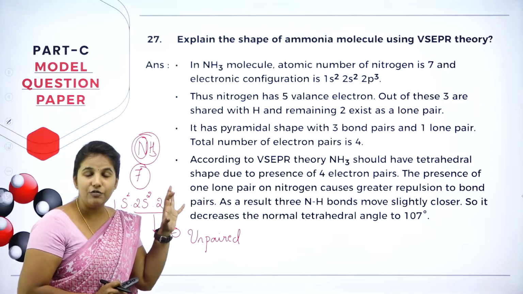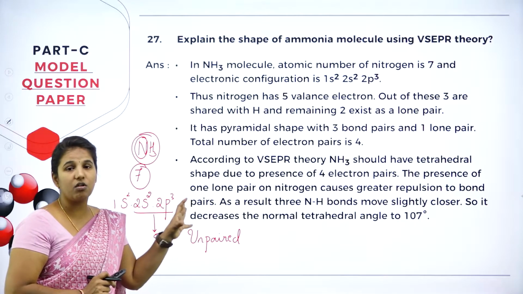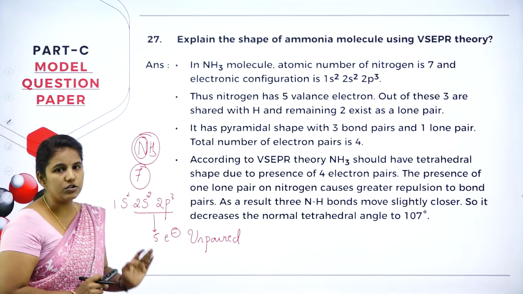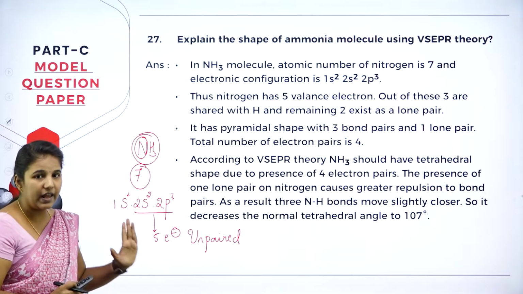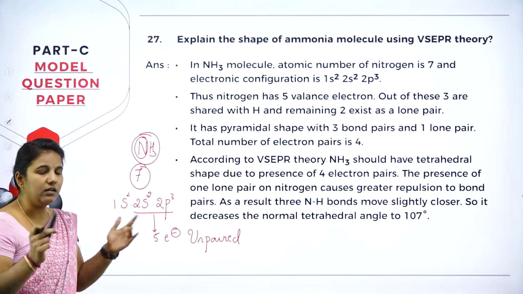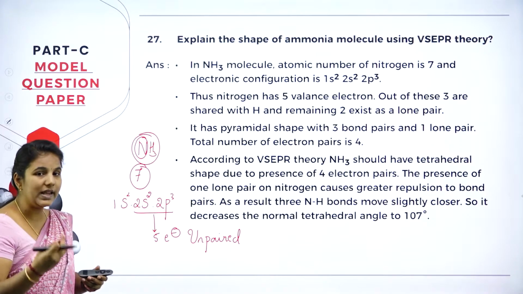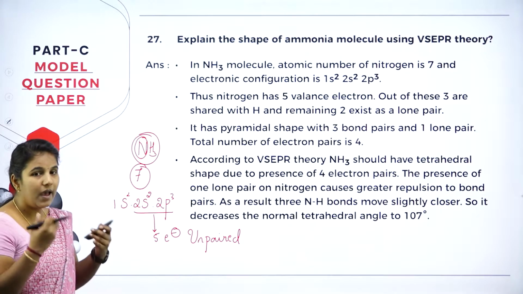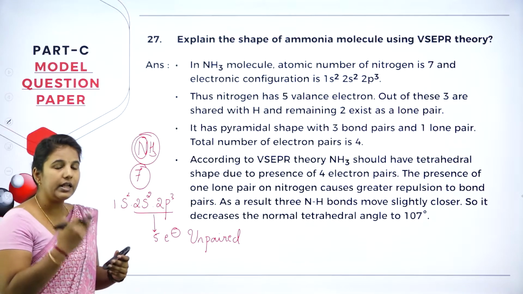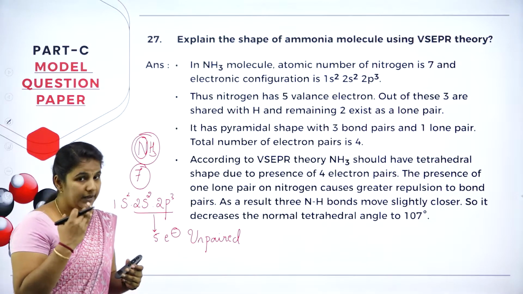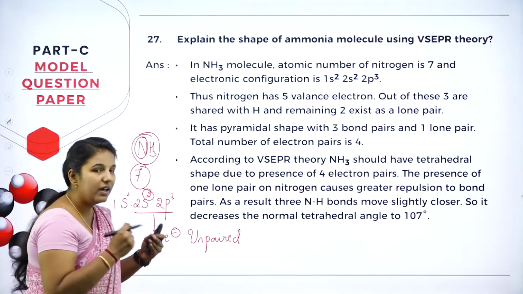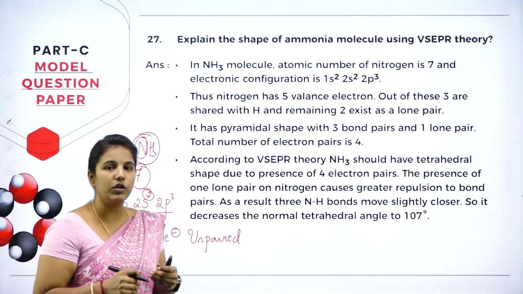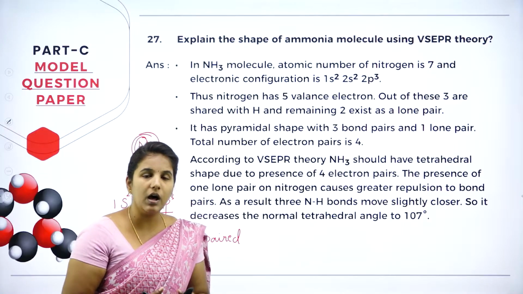So all 5 valence electrons are available. Three of them can easily pair up with 3 hydrogen atoms and form 3 bond pairs. But the remaining 2 electrons remain as such in the ammonia and become a lone